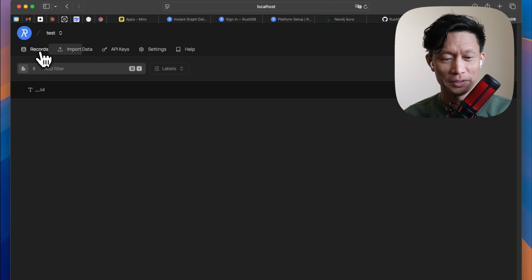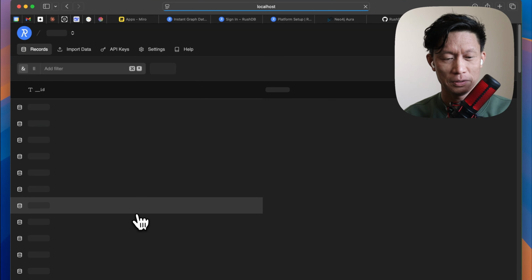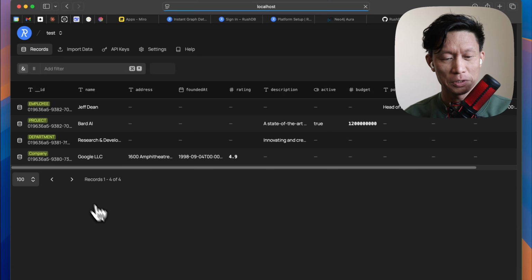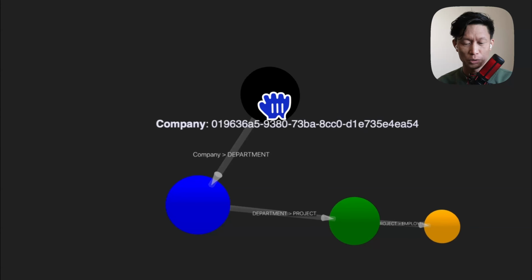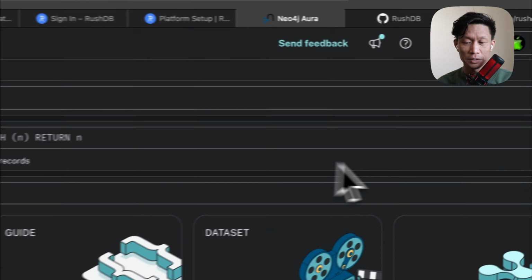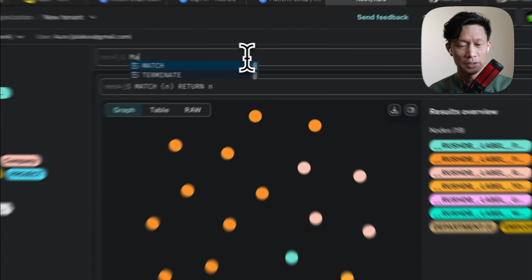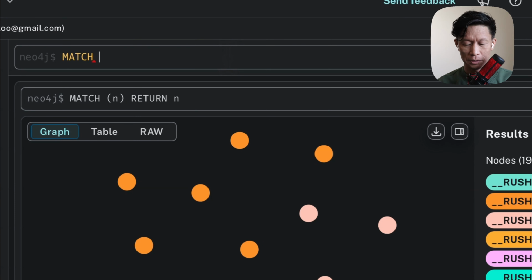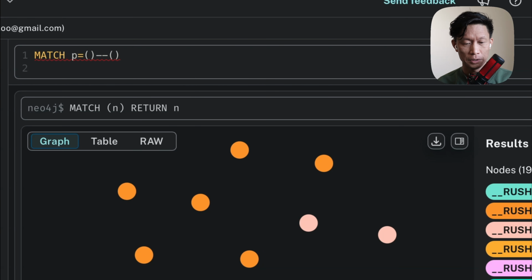And here, if we go to the GUI and refresh this, we can see that hopefully some data, yep, we can see that data was imported, and RushDB even has this very cool 3D data visualizer. And if we go to the Neo4j instance, we can see the data is populated here. And what I'm going to do here is show all the